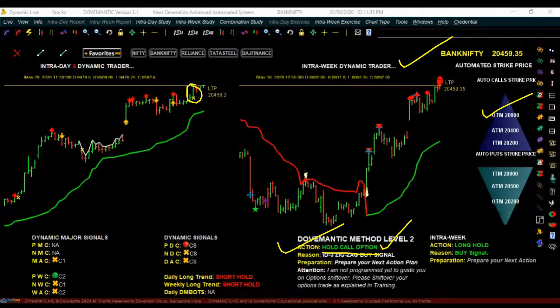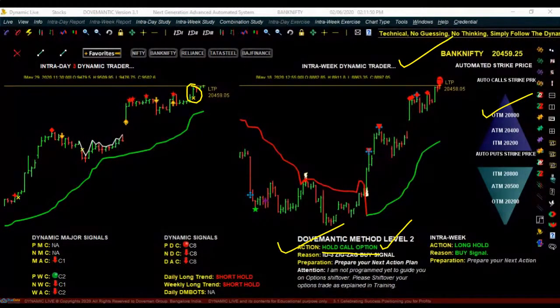So this is all that you are supposed to do. 30 seconds for an entry, 30 seconds for an exit. And if you can do this 7 times in a row, it means you have mastered options trading. Now how will you know that you have mastered options trading? When the public calls you a master of options trading, when your stockbroker calls you a master, when I call you a master, then of course you are a master.